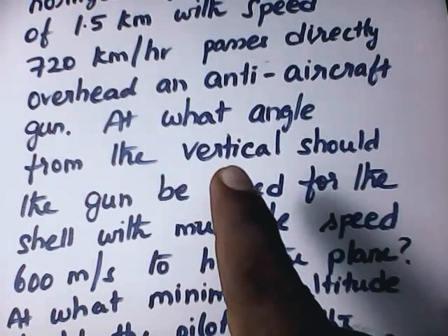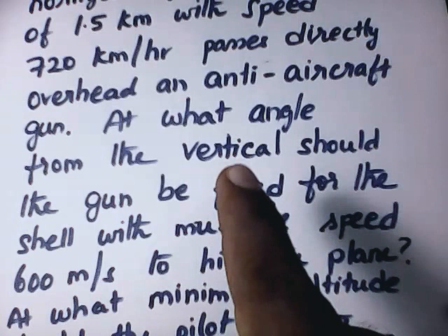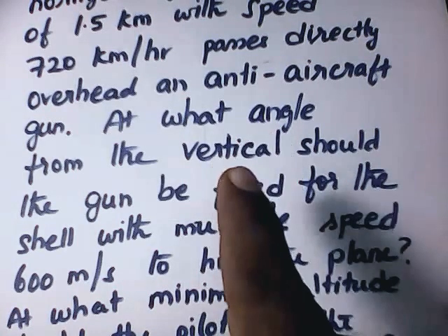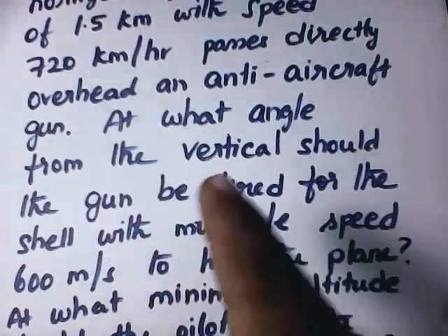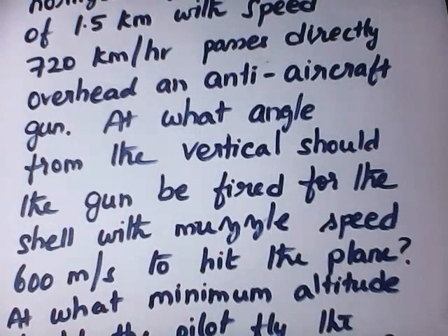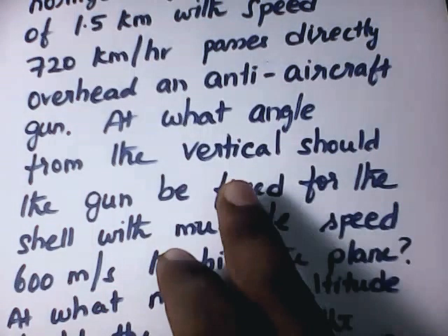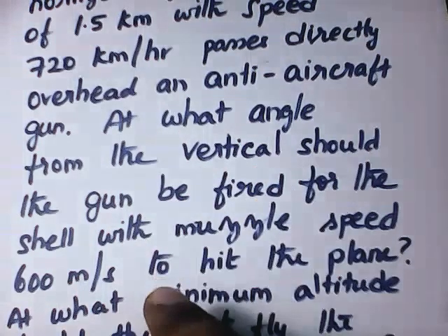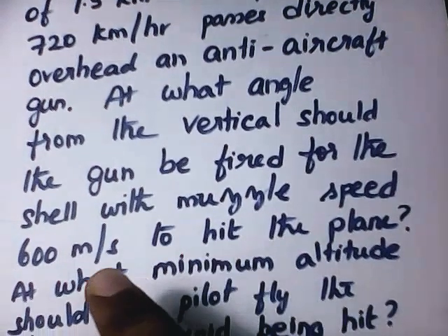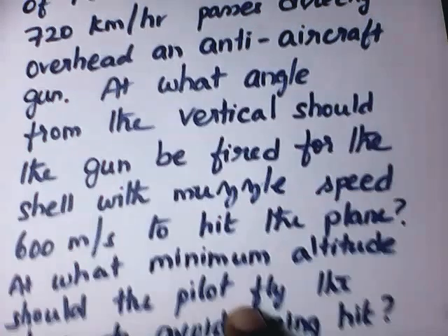See, this is vertical. So do not confuse with the earlier problems where theta is only meant for the horizontal. Now the question is asked with the vertical. If you want, you can keep theta with the horizontal and solve the problem, or else keep theta with the vertical and solve the problem. As you wish, you can do it. But finally, you should give the answer as the angle with respect to the vertical axis, not the horizontal axis. If you say the other one, the answer will become wrong. The shell with muzzle speed 600 meters per second is u, the initial velocity given to hit the plane.